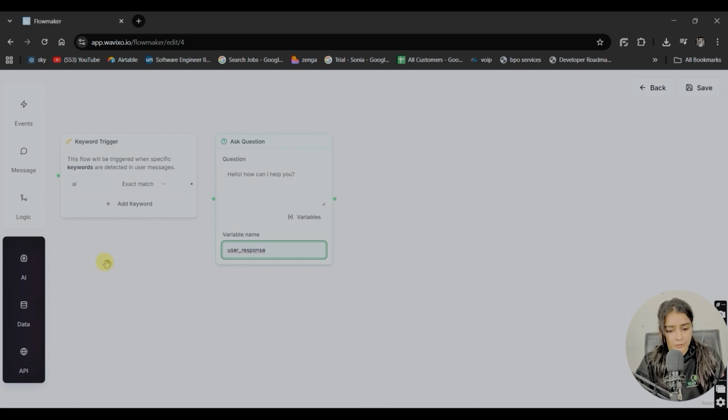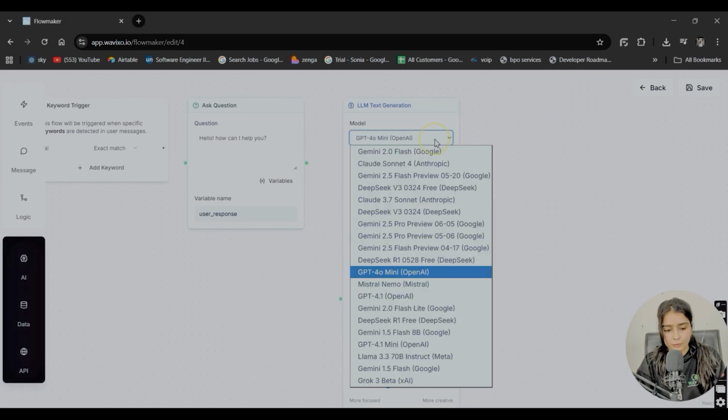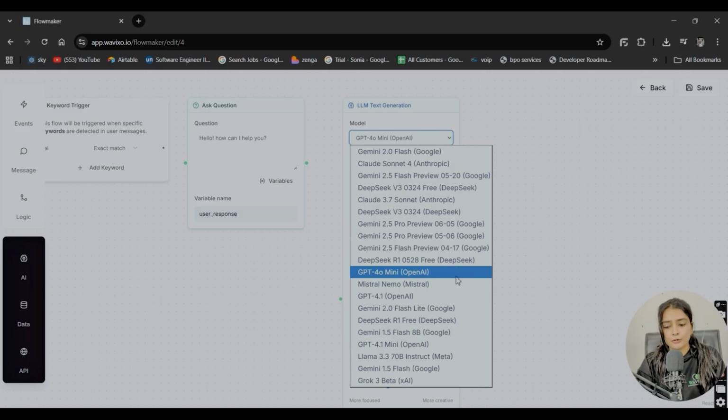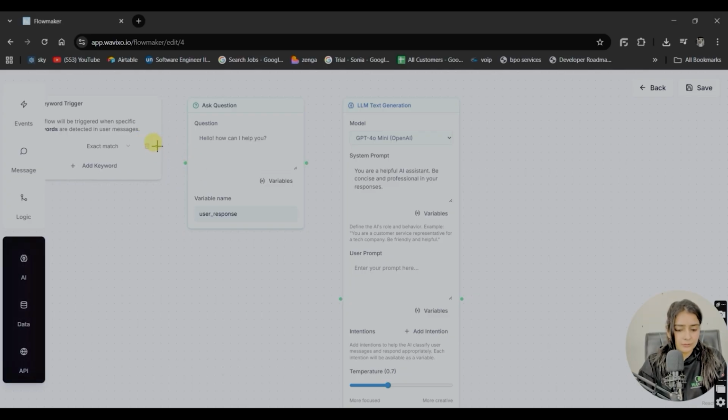Okay, now let's add LLM model. Select your LLM. As you can see, we offer many models, but we recommend sticking with GPT or Gemini since these models are more advanced and deliver reliable context aware responses. Let me connect these nodes.